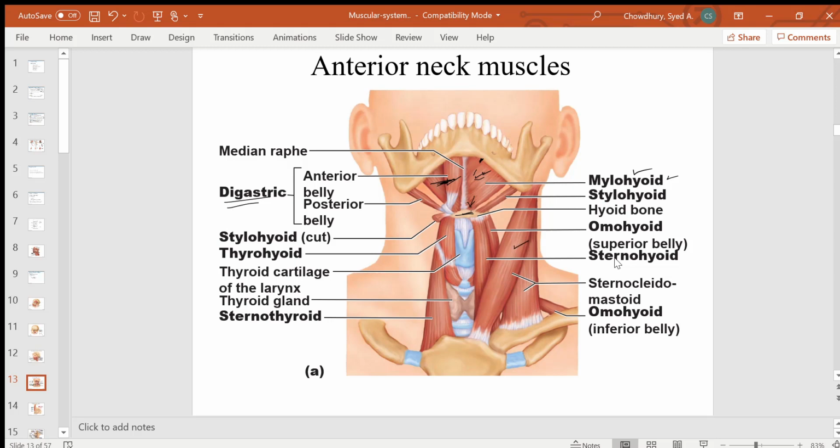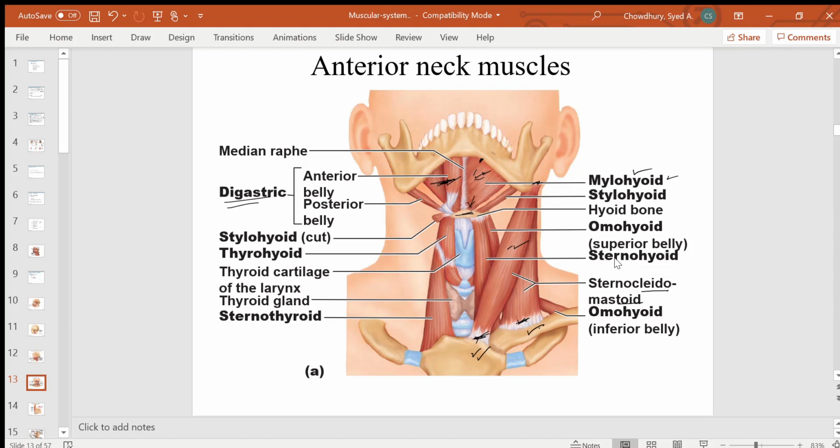this is the sternocleidomastoid. I already mentioned this. You remember it has two lower ends. One is attached to the sternum, another is attached to the clavicle. That's why sternocleido, and the upper end is attached to the mastoid process of the temporal bone, sternocleidomastoid. Okay, and